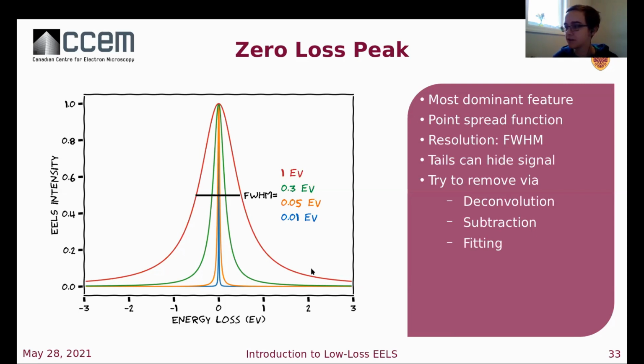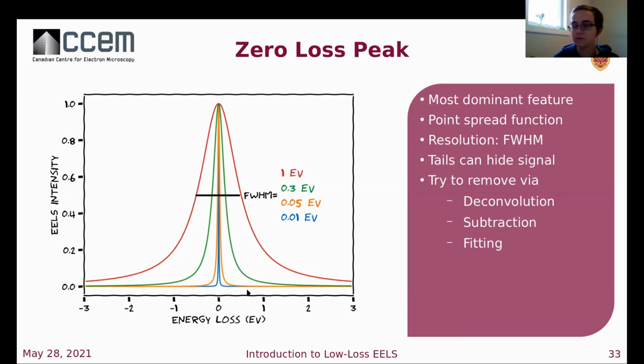The tails of the zero loss peak are also important to what you can see in your spectrum. So if these tails are very fat, then you will not be able to see peaks that are overlapping in energy. So right now we're really pushing the instrumentation resolution, both with the NEON and the Ultimono, the monochromator, to try and narrow the full width at half maximum of this peak so we can see lower and lower energies in our spectrum and probe even more interesting physics.